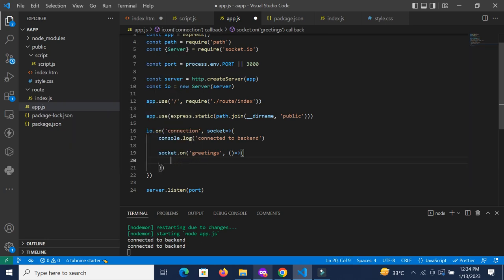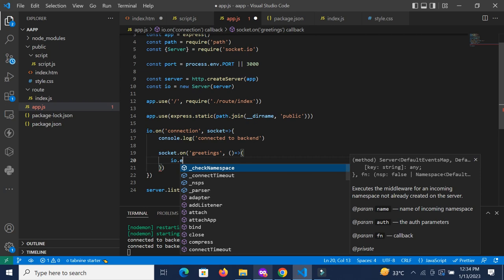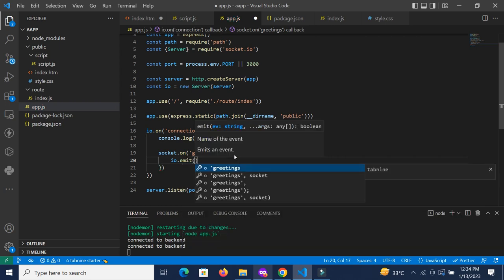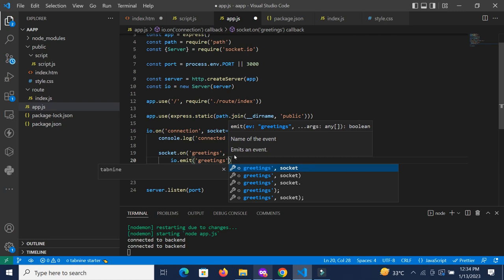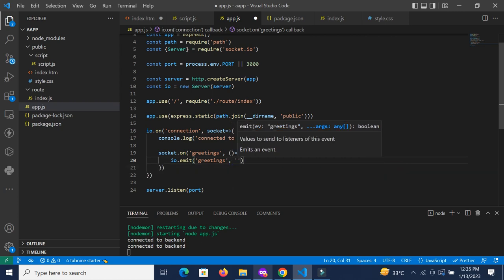Now let me explain something to you. If for instance we do the io dot emit, what that is actually going to do is emit to all the clients that are connected to the server. So for instance, if I do greetings, we want to emit greetings, but maybe we want to send some data out there. So let's say hello. What this is actually going to do is